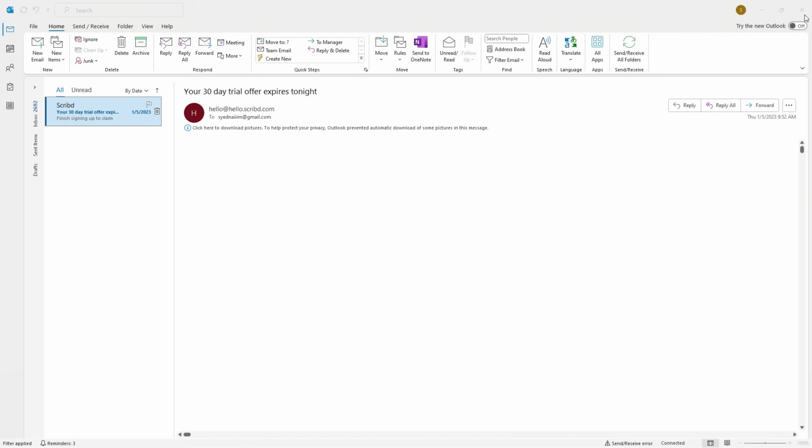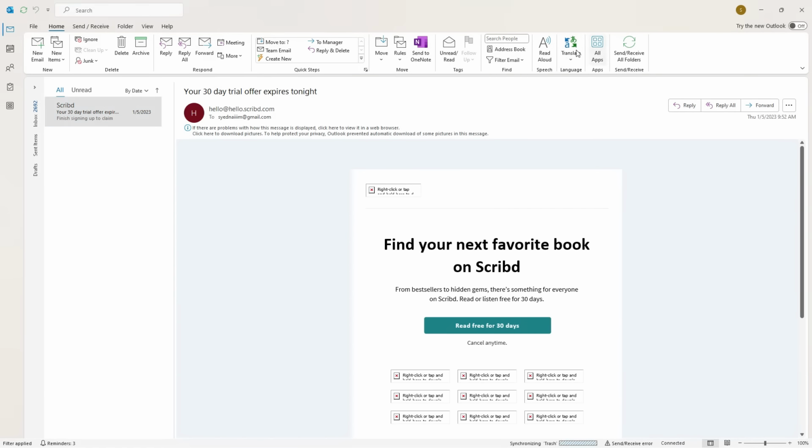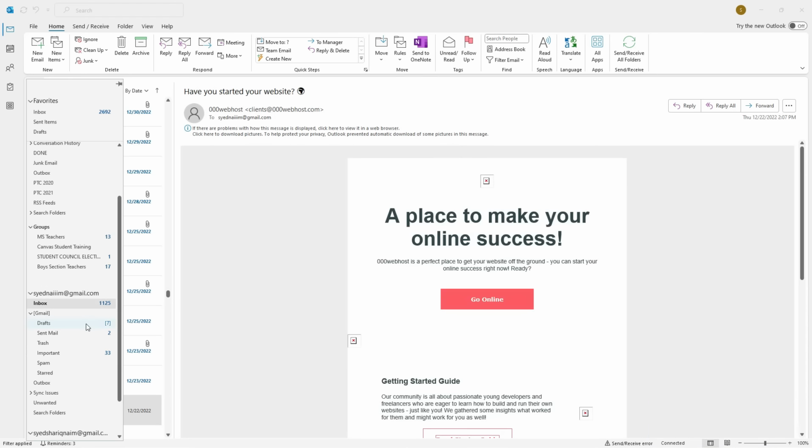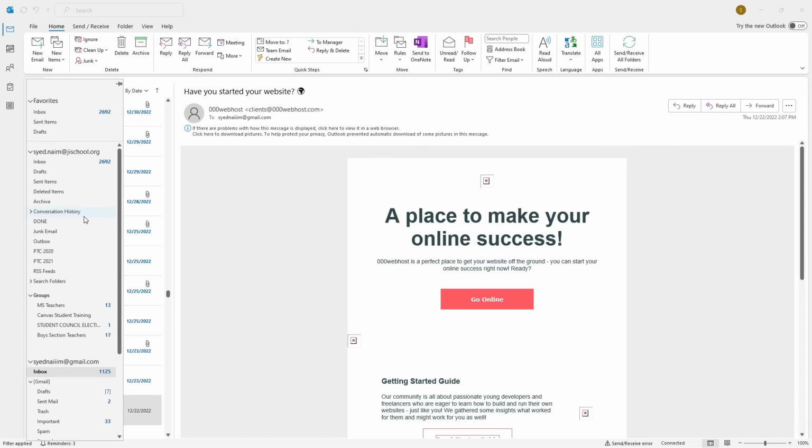If you want to bring this deleted file back from the trash, just click on the trash and drag and drop it in inbox or wherever you want.